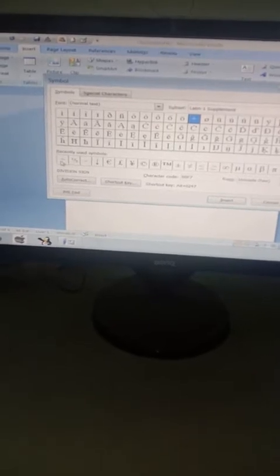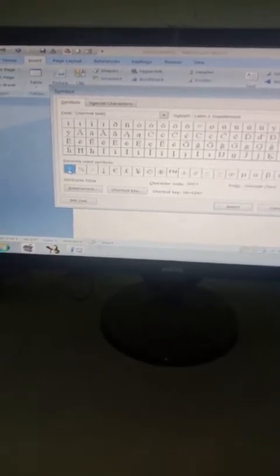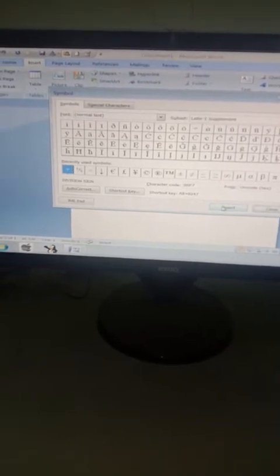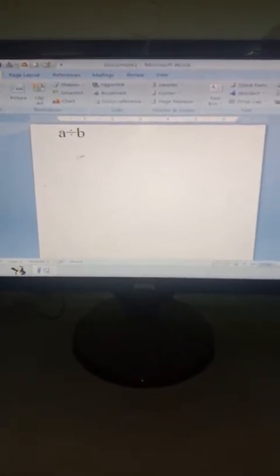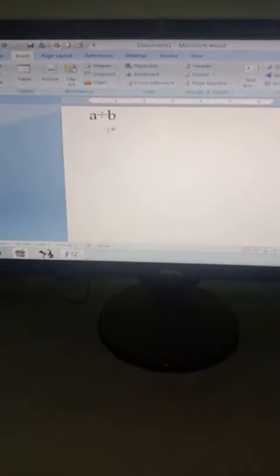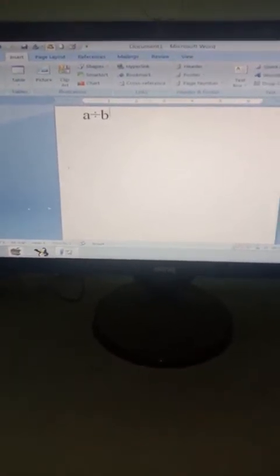Now I can select any of the options, like say this is the division operator, and in the division operator I clicked on insert option, and from the insert I clicked on close. Like look over here, this is the division operator that I have inserted, and now I can write my mathematical formulas or calculations over here. So in this way the mathematical symbols get inserted.